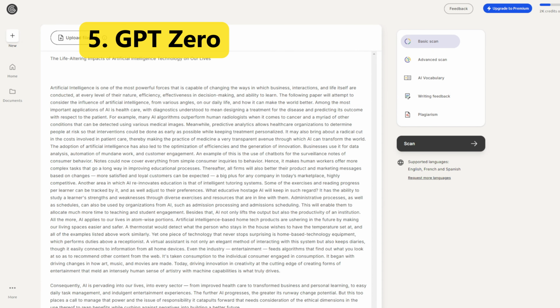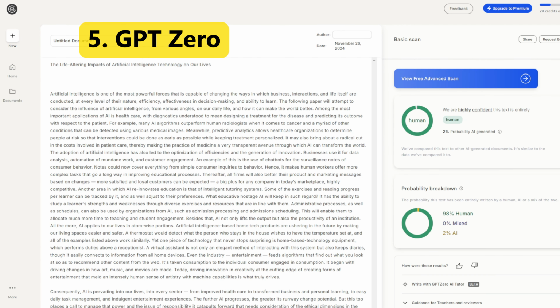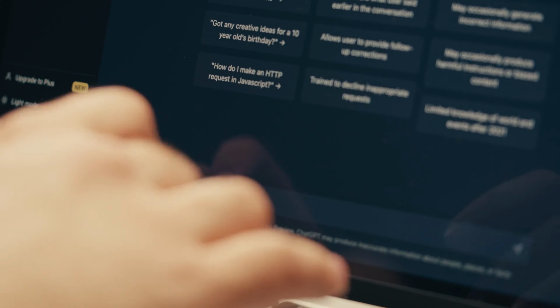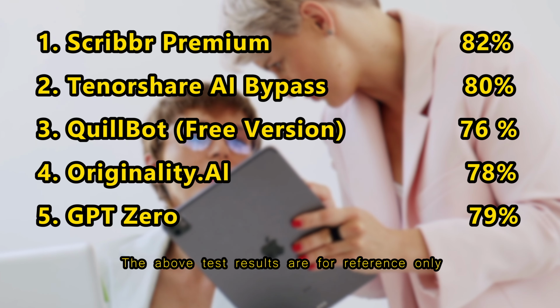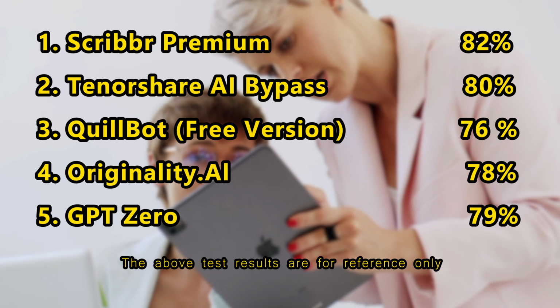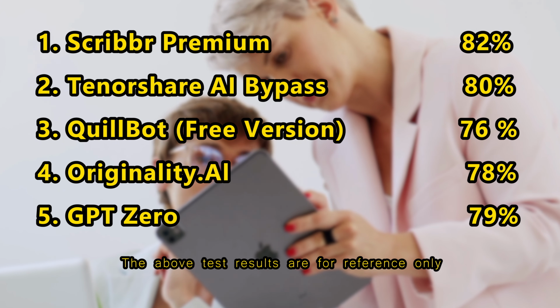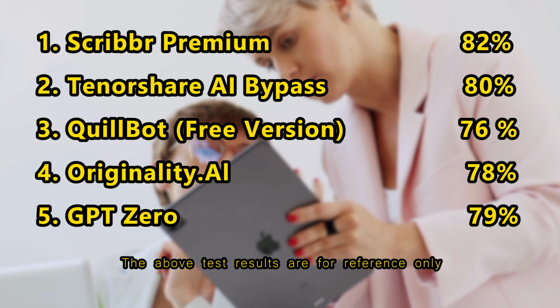Surprisingly, GPT Zero showed a keen detection ability for AI-generated text in this review, with a slightly lower accuracy rate than the aforementioned tools, but its simple usage process and instant results have earned it a good reputation among users. In our AI detection tool review, Scribbr Premium and QuillBot free version both have impressive accuracy rates. Although Originality.AI is paid and the text cannot be chosen, it also received a good evaluation with a 78% accuracy